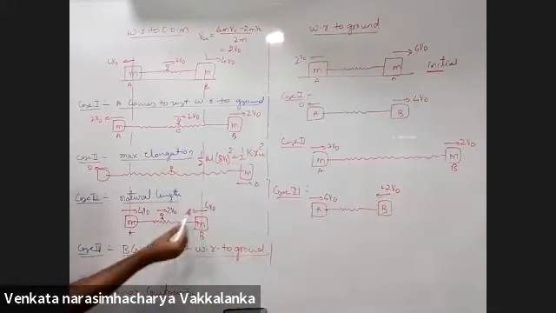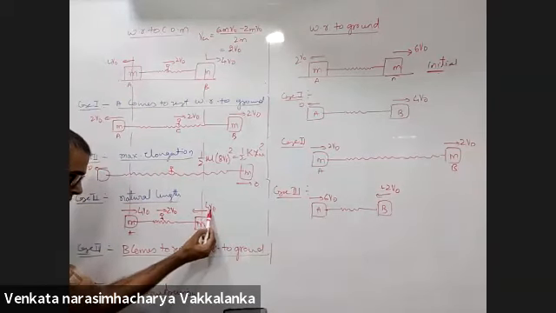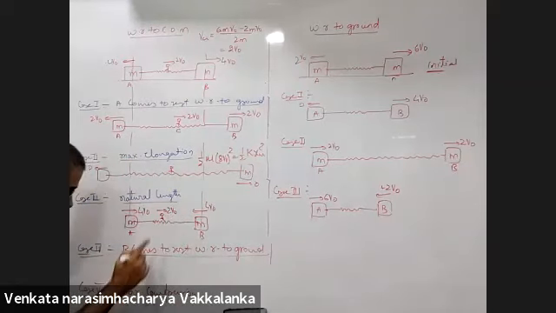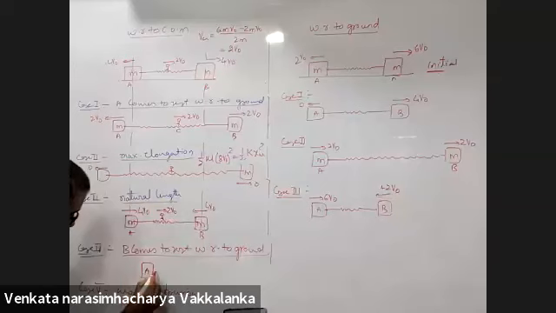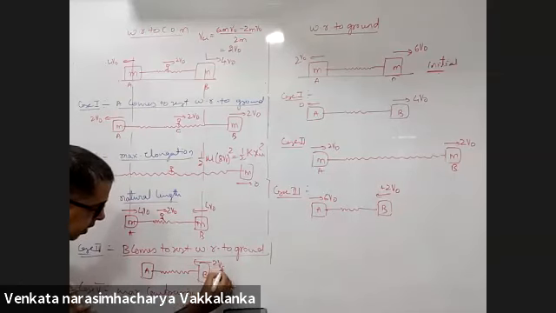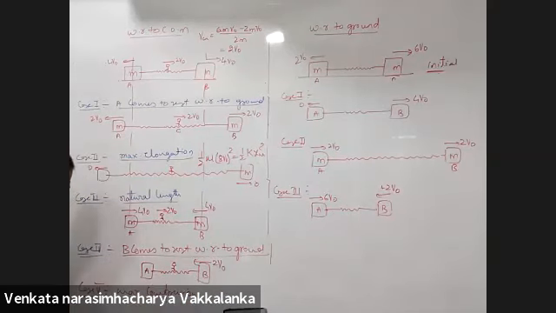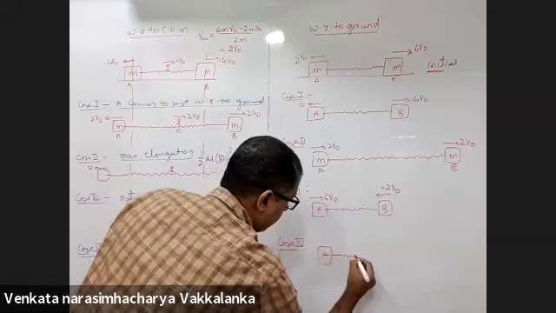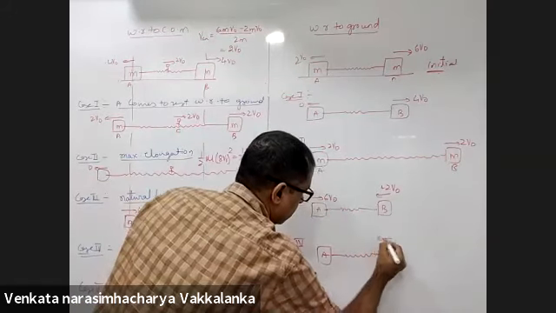When will B come to rest? On its way back from 4v0, it should come to 0. But before coming to 0, it will cross 2v0. When will B come to rest? When A and B are moving in the backward direction with 2v0, B will come to rest. Because this is moving with 2v0, velocity of B with respect to center of mass should be 2v0 in the backward direction. This plus this will give me 0. This will be case 4. A and B. B will come to rest.